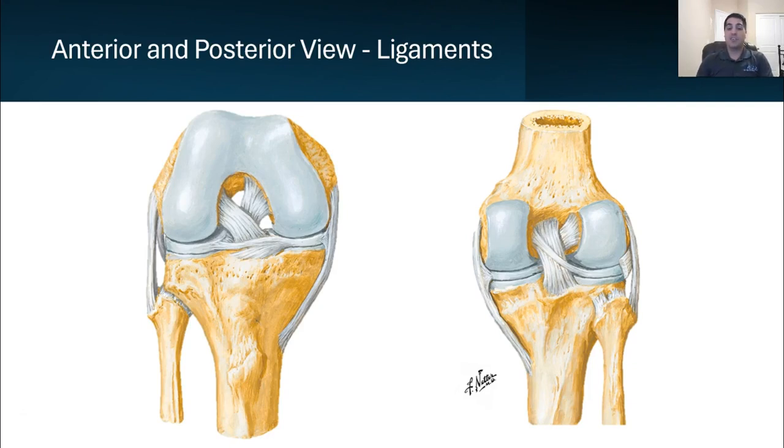As the femur internally rotates upon the tibia, and the foot and obviously the tibia are planted to the ground, it can shear the anterior cruciate ligament. So something to keep in mind, that obviously you can have non-contact injuries, and then you can have contact injuries as well. Normally this is a forced hyperextension injury of the knee. Even a blow to the lateral aspect of the knee, just like our MCL or medial meniscus,